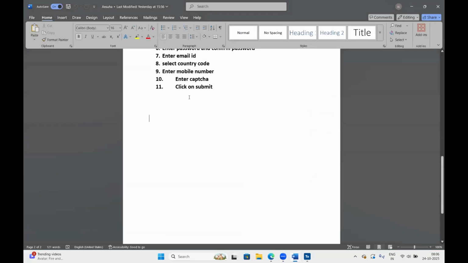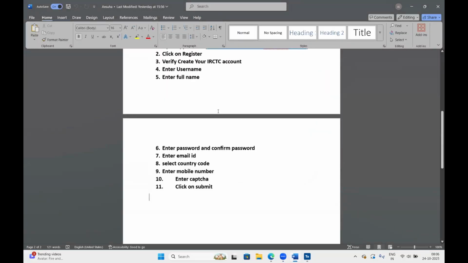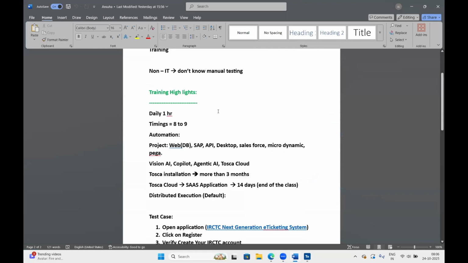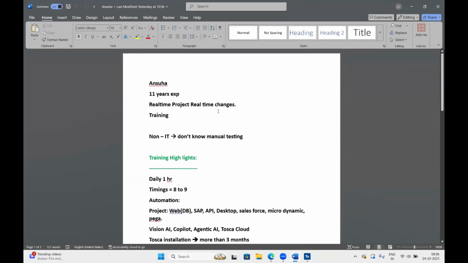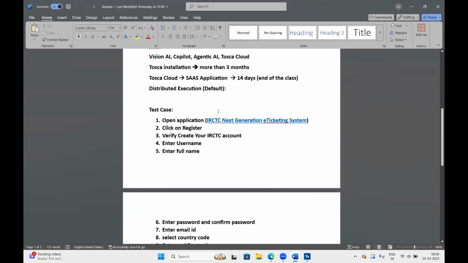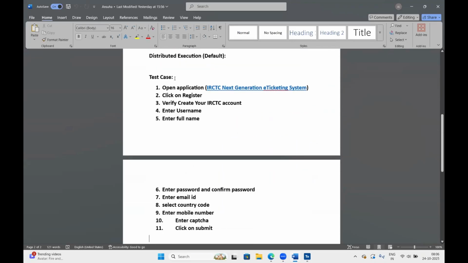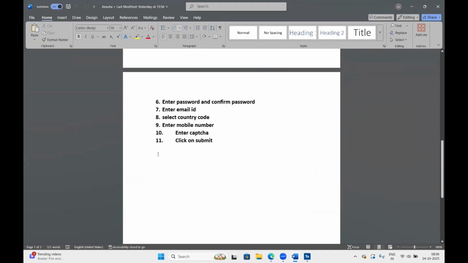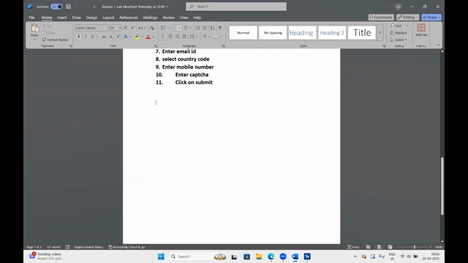So see here, team. Yesterday we had a discussion about Tricentis Tosca benefits and why it is required in automation. Coming to here, the test case we just automated yesterday using an IRCTC account. Now, this is the prerequisite, team. If you come across a